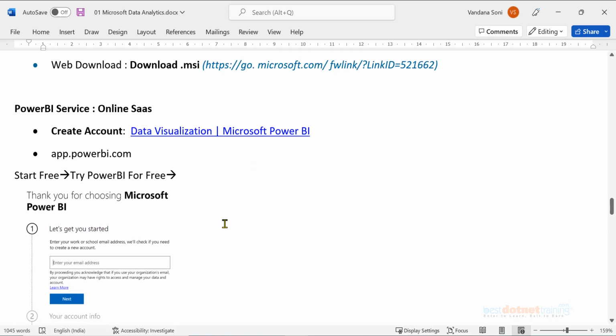Then you have the Power BI online service, software as a service. Whatever reports you are creating in Power BI Desktop, you are going to publish in this Power BI service. It's a cloud-based SaaS application.